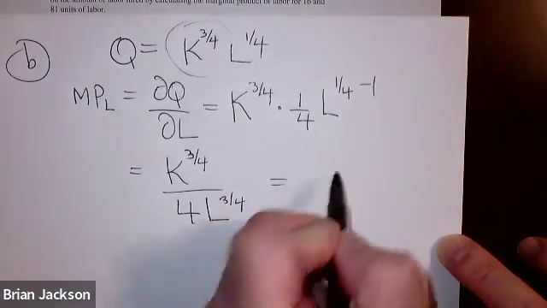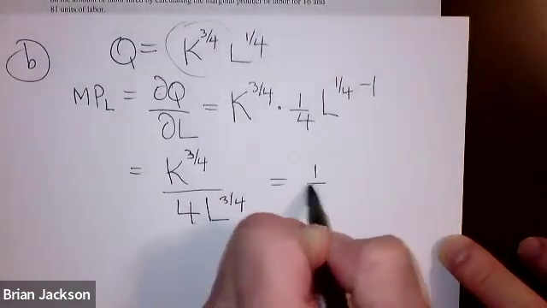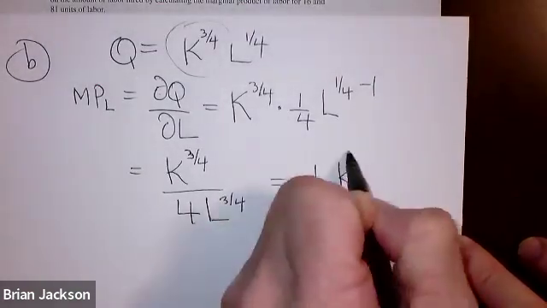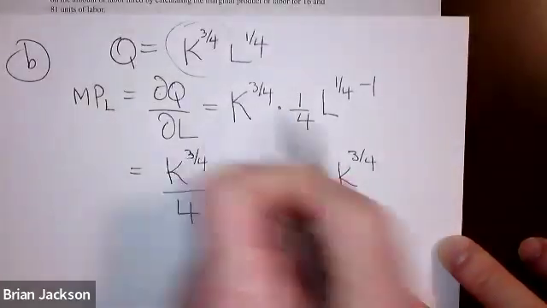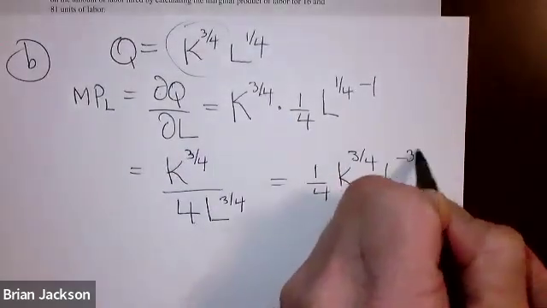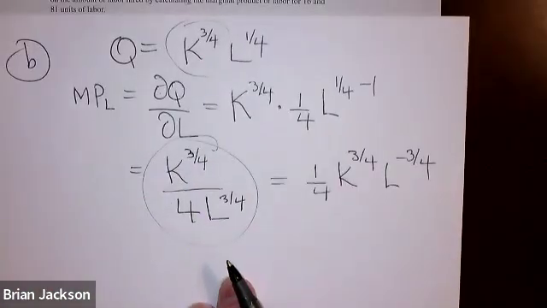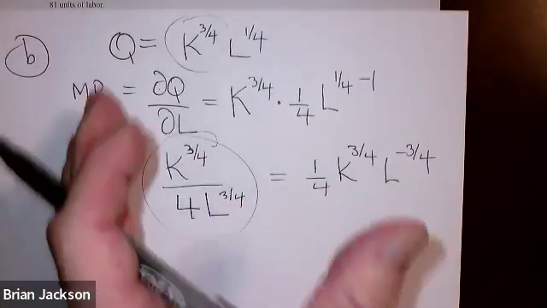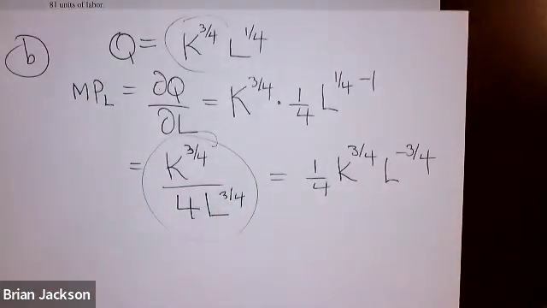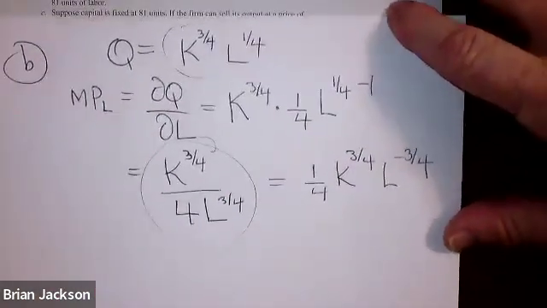But you could write it as 1/4 K to the 3/4, L to the negative 3/4. But a lot of times we like to write our final answer with positive exponents. Doesn't matter, you can work with either form and do the calculations that they want you to do. So